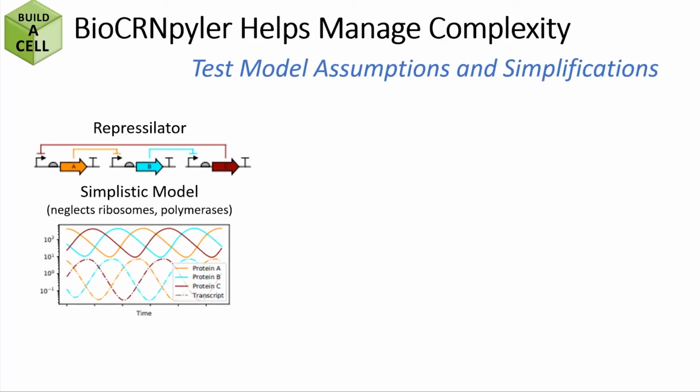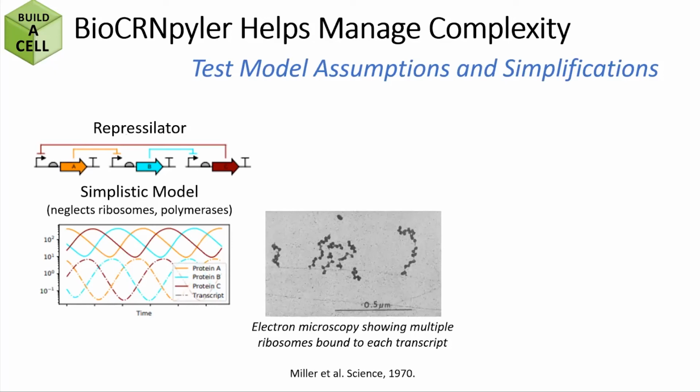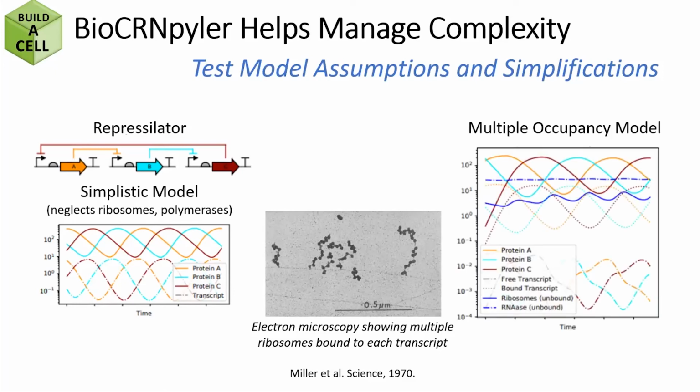In reality, that's not how things work. If I actually look at how transcription and translation happen, you know that there are multiple ribosomes that can bind to each transcript. So in this little electron microscope image, you see the little black dots are many ribosomes bound to the same transcript, which are very faint lines underneath those black dots. And this is called multiple occupancy. Using Biocompiler, I can very easily build a model of multiple occupancy for transcription or translation